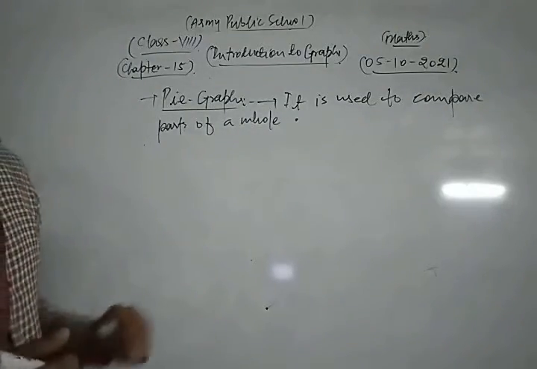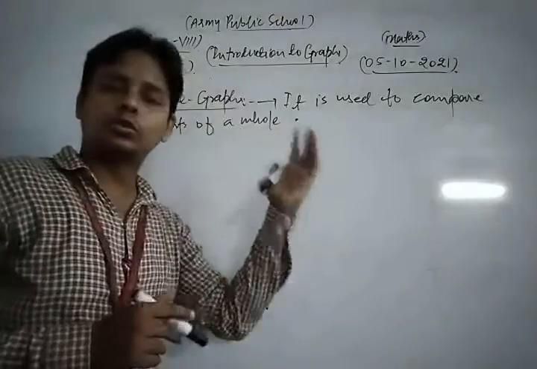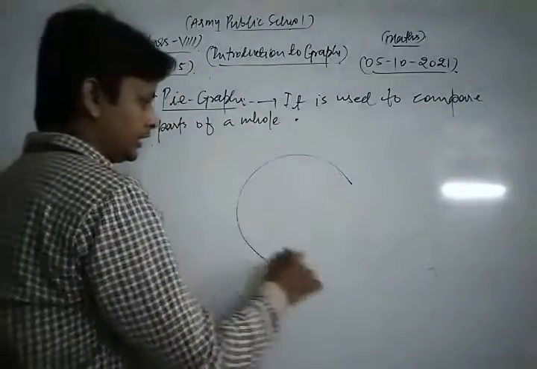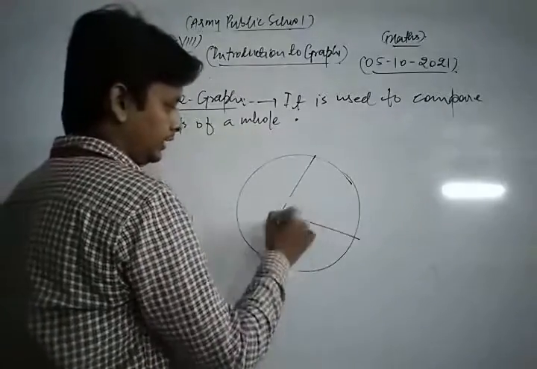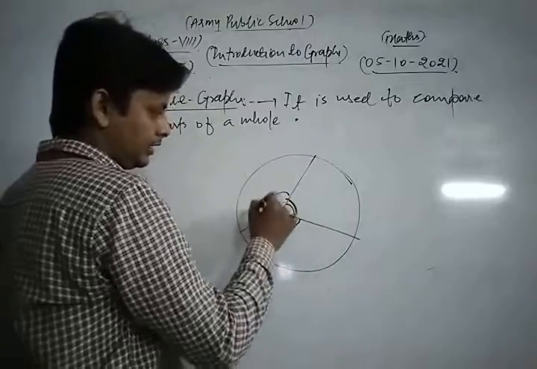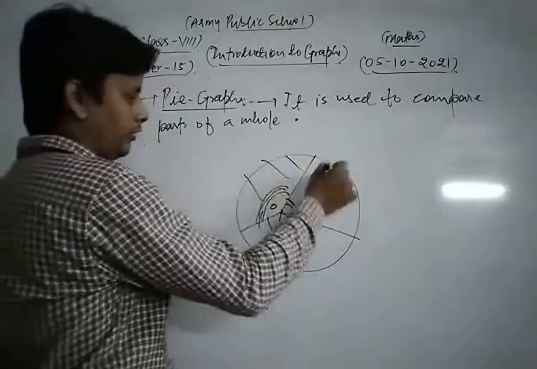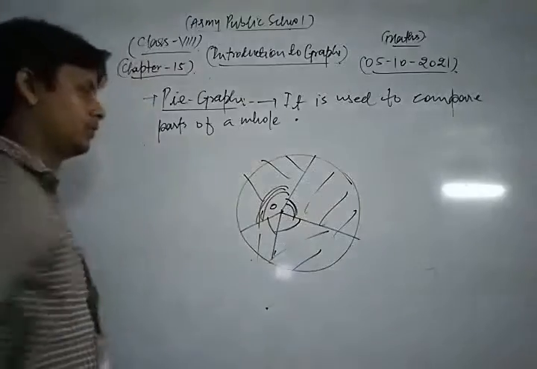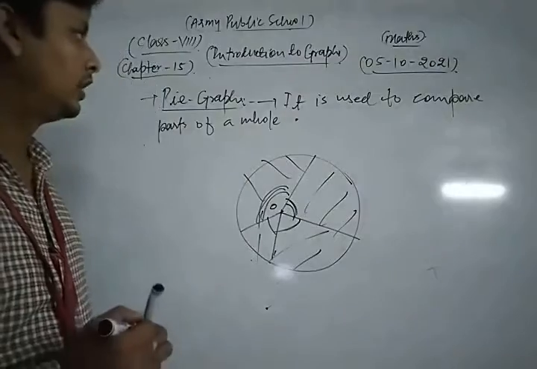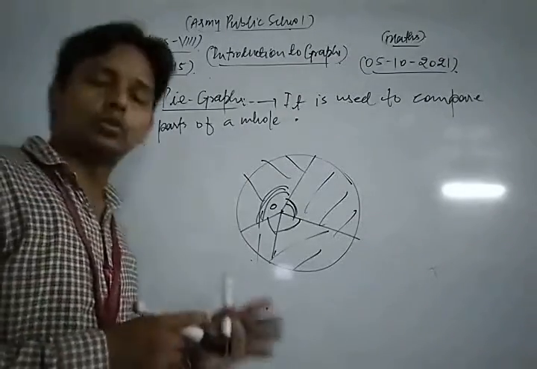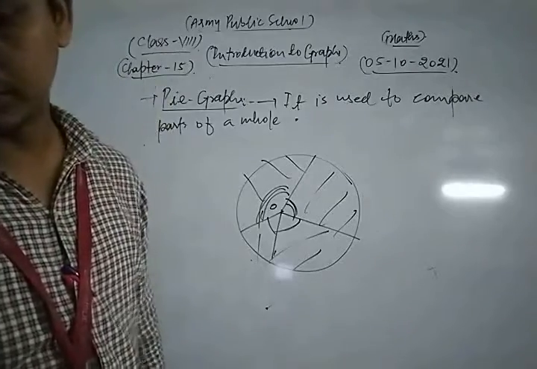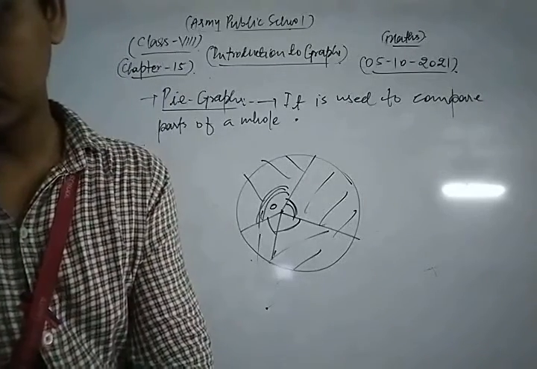Okay, so you also know the concept of a pie chart, and the pie chart is drawn in this way. In any pie chart, this is a central angle according to the question, and these are the various trends. So a pie chart is generally shown in a circular form, and it is used to compare parts of a whole. In this way we discuss some important concepts related to that.